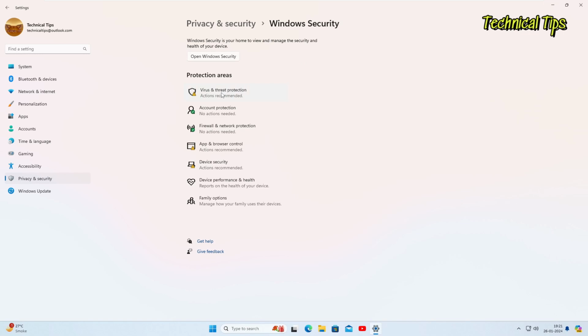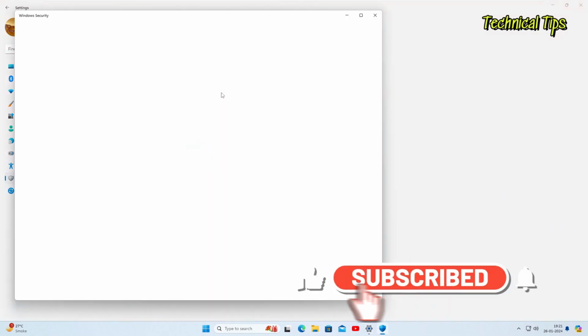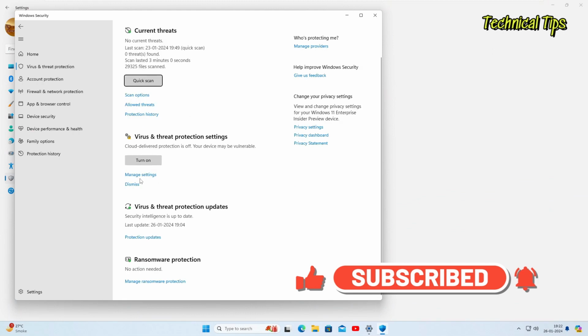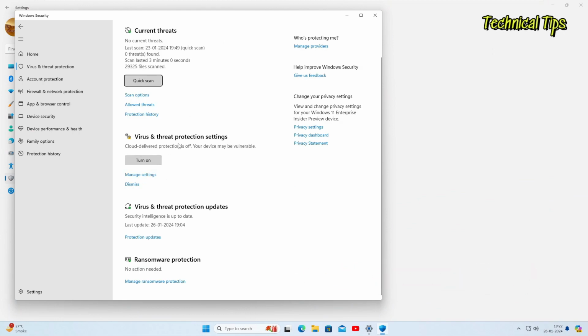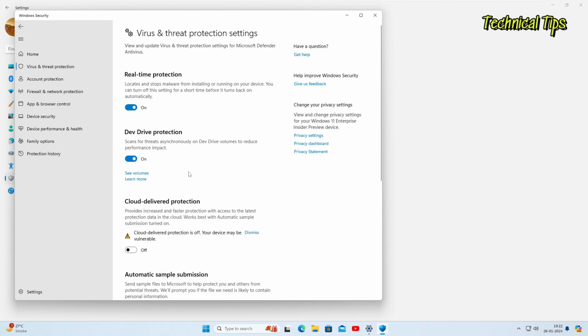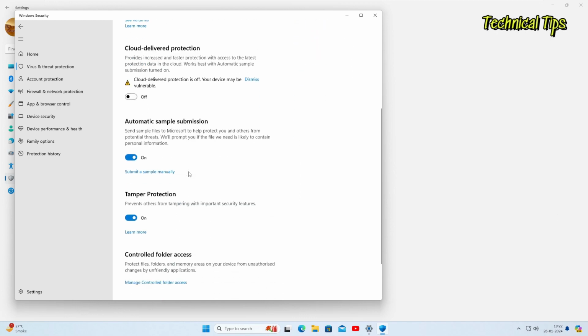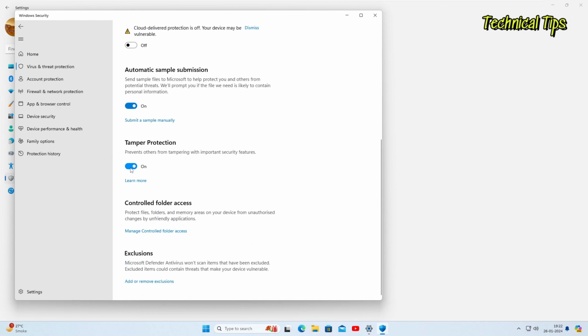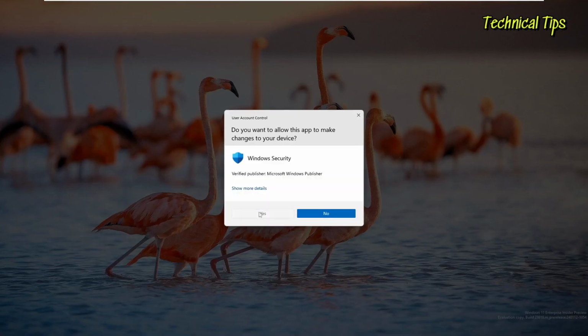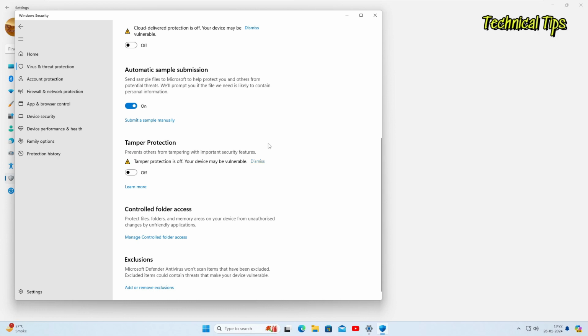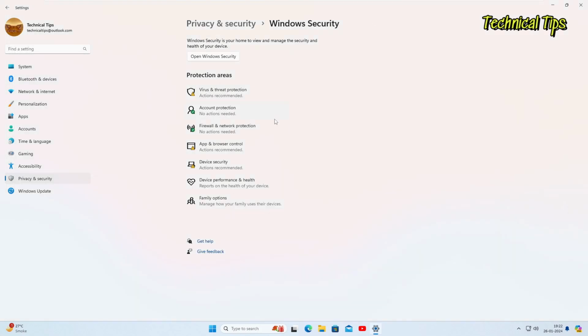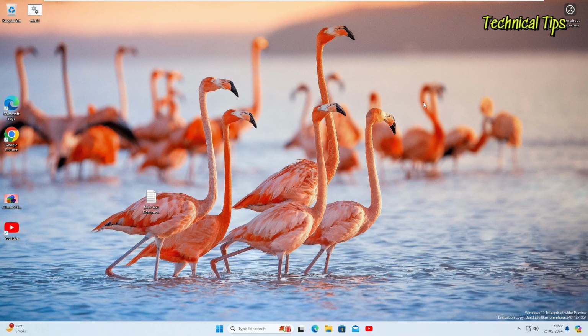Virus and Threat Protection. Just click that. Then click on Manage Settings under Virus and Threat Protection Settings. Just scroll down and turn Tamper Protection off. Click on Yes on User Account Control, and then you can close this window. This step is important if you want to disable Windows Defender completely, and further steps we'll be doing using Windows